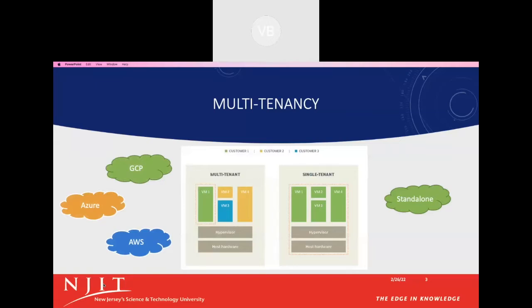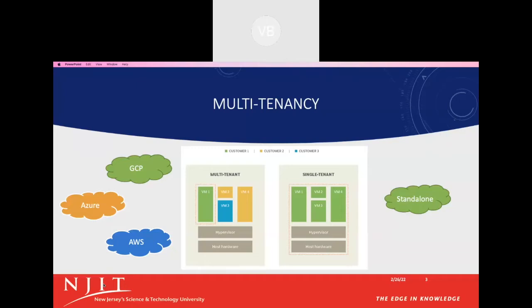This page provides a detailed outline of the infrastructure setup for single tenant and multi-tenant. Here on the right hand side, we can see the single tenant setup. So where we have our host hardware, and top of it we have the hypervisor, which enables us to run VMs, and on top of it we have different VMs, which is handled and maintained by a single tenant. So the client, a single tenant, would own or would run all the applications of theirs